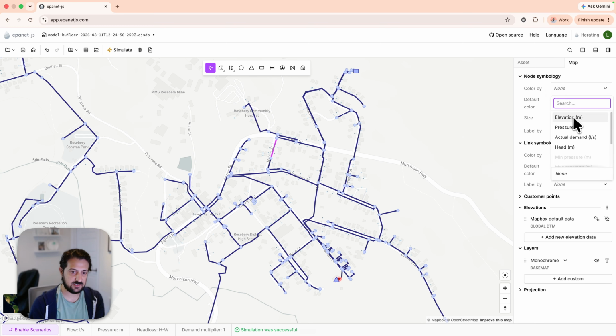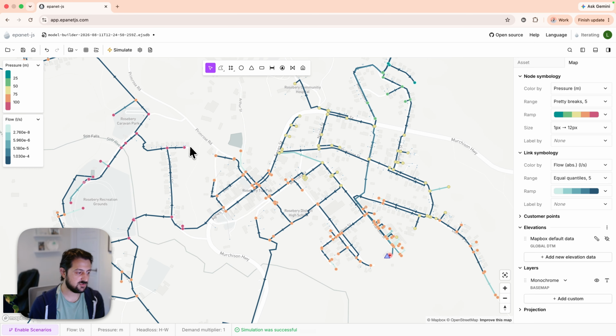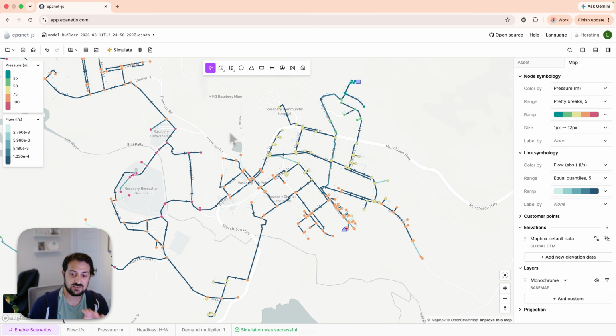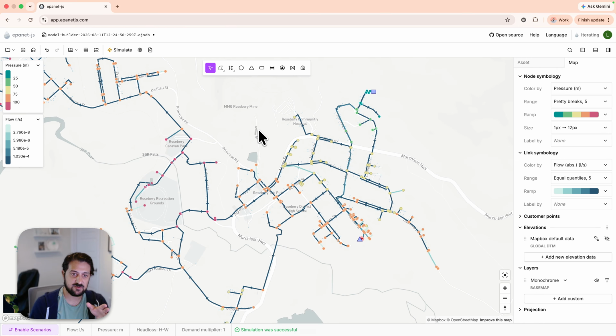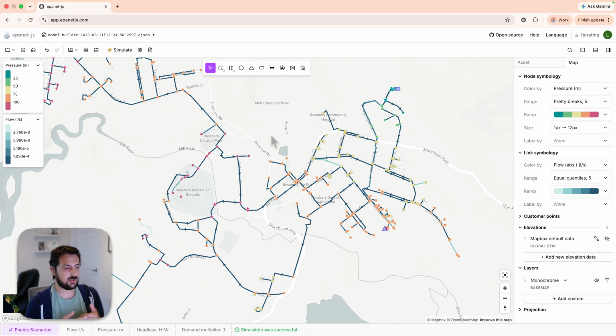So if we do pressure and the flow here, we'll see actual flow values and seeing the way that the actual water moves through the network. Now this is good. This is a steady state simulation, so it's a snapshot in time. We're using the average demand, so you can think this is like an average point in time on the model. However, maybe we want to do a period of simulation over 24 hours.